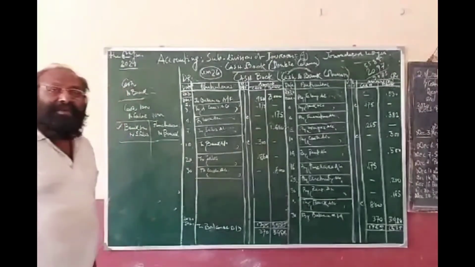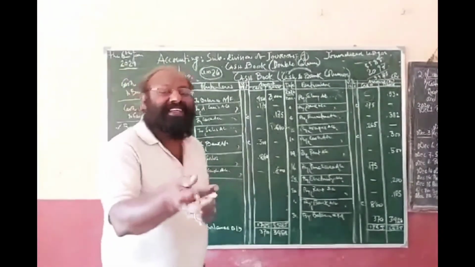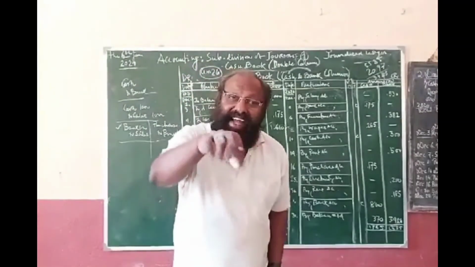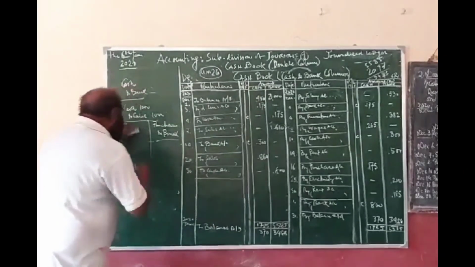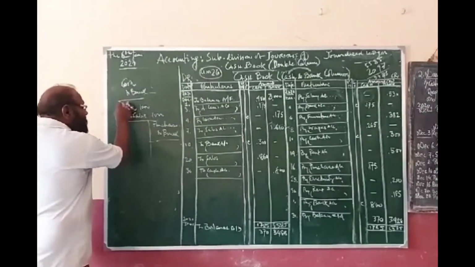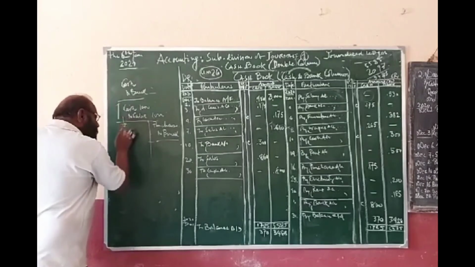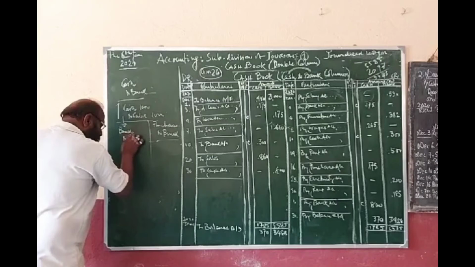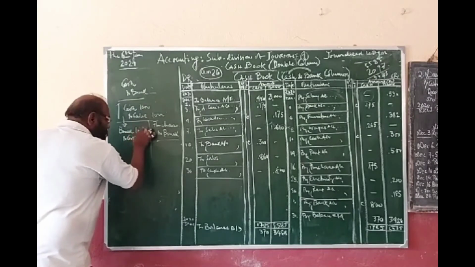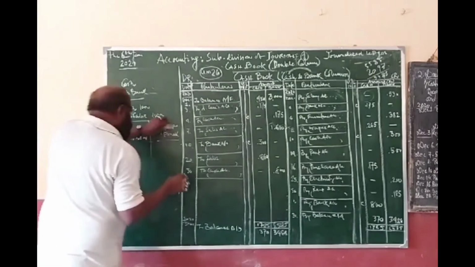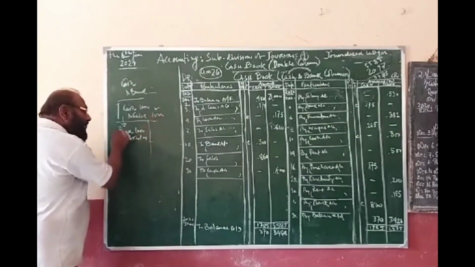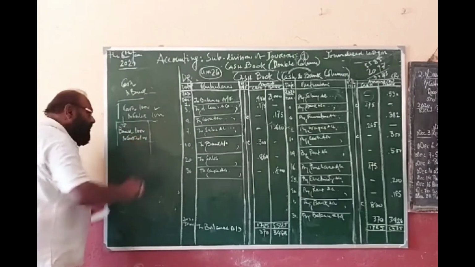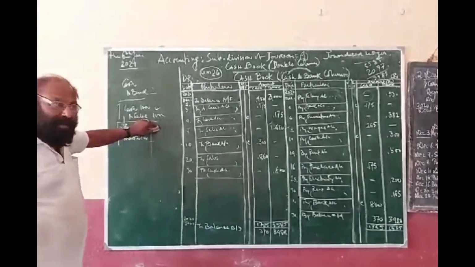Because that amount has not been deposited into bank. Clear? Are you getting me? So a received check should be treated as the receipt of cash. But when that check is deposited into bank, then we pass the entry. So whenever we are receiving the check, it is cash account debit to sales, and when that amount is deposited into bank, then bank account debit to cash. Clear? So at the time of receipt, we should write cash account debit to sales, and on the date of deposit, we should write bank account debit to cash.